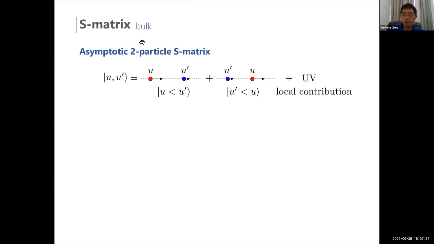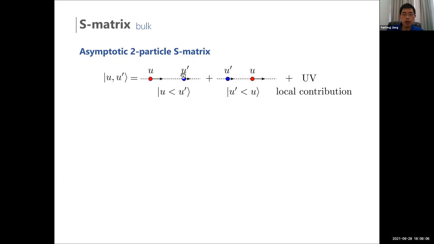So I will start with the bulk, and then the boundary and the defect case will be started in more or less the same way. To consider the bulk 2 to 2 S matrix, we first consider a two-particle state. This contains this asymptotic state, where we have two particles, the red particle and the blue particle. The red particle is moving faster than the blue one, and it will scatter, and finally you have the outgoing state. These two states, which are drawn out, are the asymptotically ordered states.